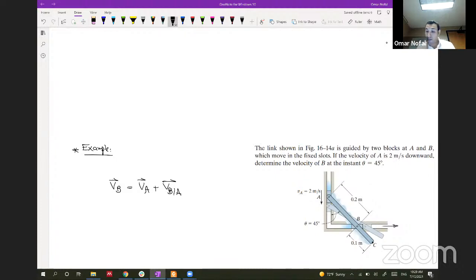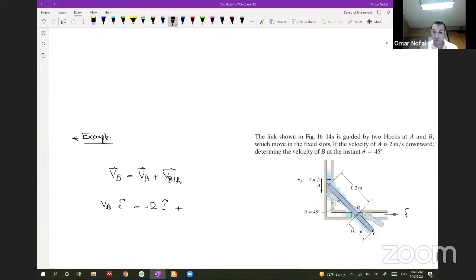For VB, I don't have the magnitude, but I have the direction of VB in the positive I hat. It never goes in the Y direction where we have J hat. And for VA, I have magnitude and direction. I have 2 in the negative J hat, so it's going down. And for VBA, as we learned,